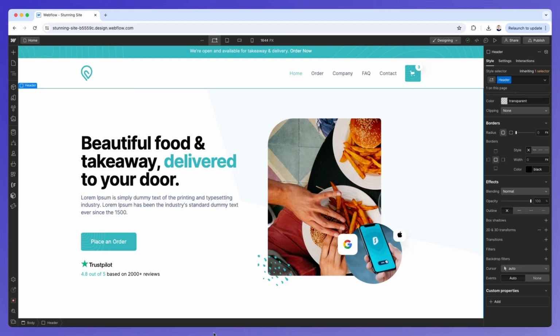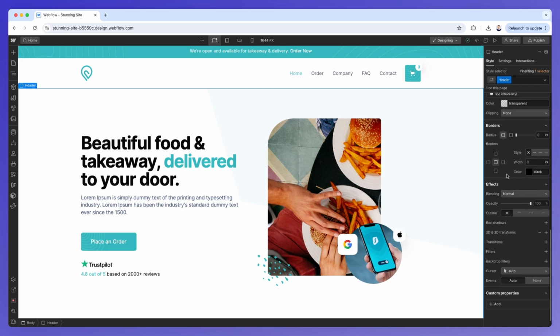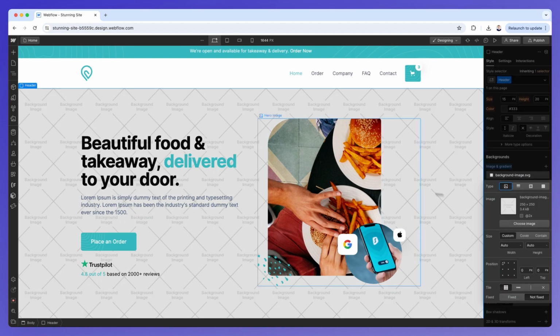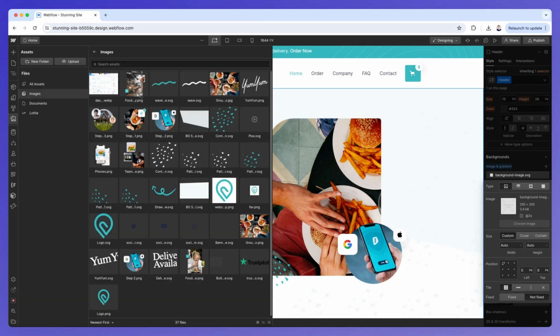In this video we're going to learn how to change backgrounds in Webflow. Now in order to change a background, you simply have to select the item that you want to edit, and you need to scroll all the way down to backgrounds. Now as you can see, there is a background applied already, but what we can do is simply click on plus, and we're going to be able to either add an image, which we're going to do right now,